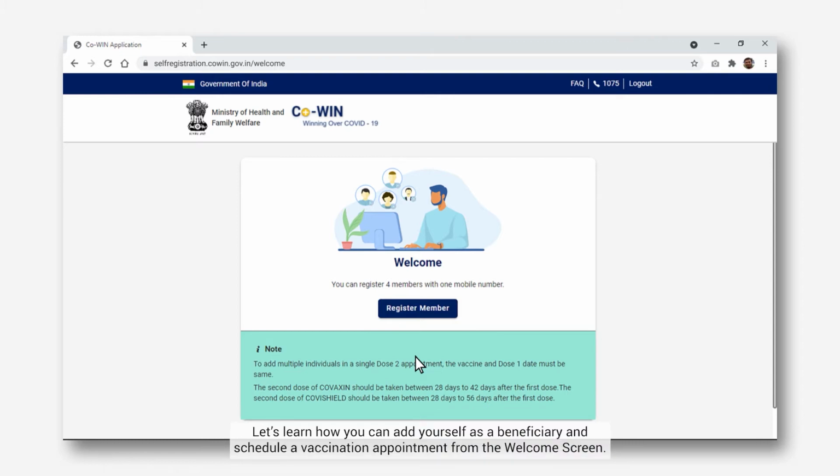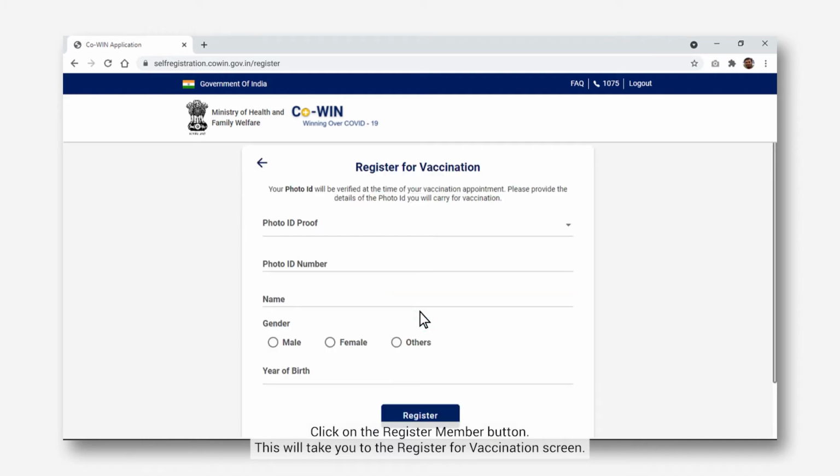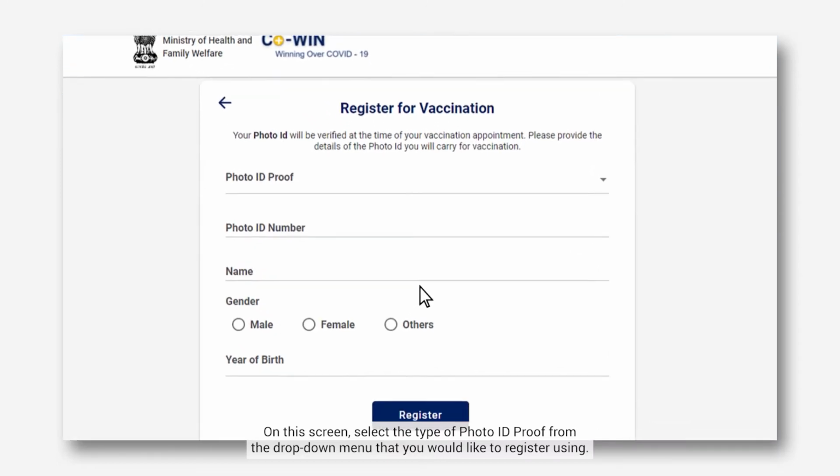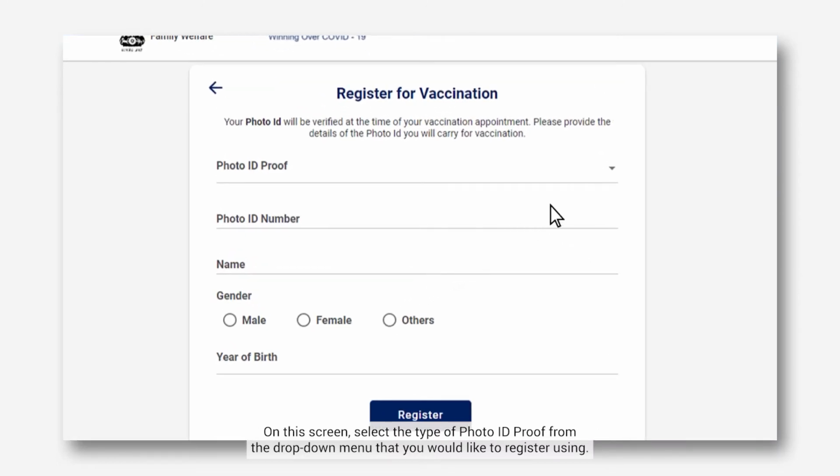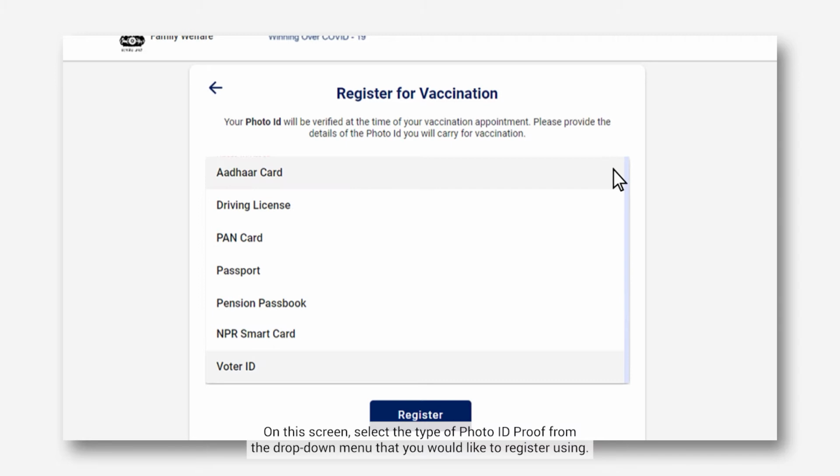Let's learn how you can add yourself as a beneficiary and schedule a vaccination appointment from the welcome screen. Click on the Register Member button. This will take you to the Register for Vaccination screen. On this screen, select the type of photo ID proof from the drop-down menu that you would like to register